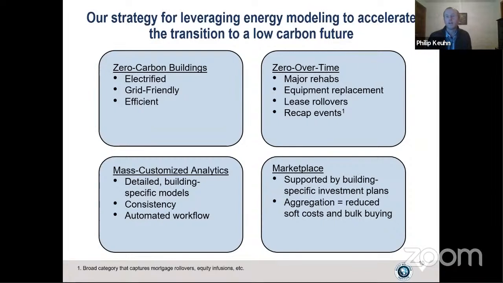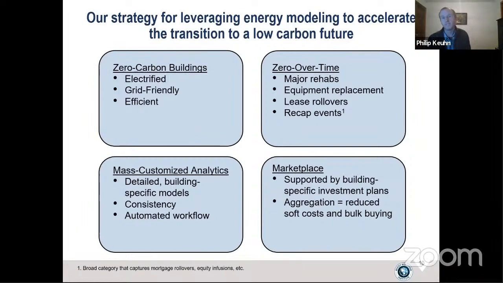So the idea of zero carbon buildings is just really making sure that we're driving building owners, motivating building owners to retrofit their buildings in a way that actually achieves the goals associated with that 1.5 degree future. And focusing on energy may or may not do that. It really needs to be focused on carbon, which leads to electrification, and then also grid-friendly buildings, so that the electric utility is able to actually get a deeper penetration of renewables,